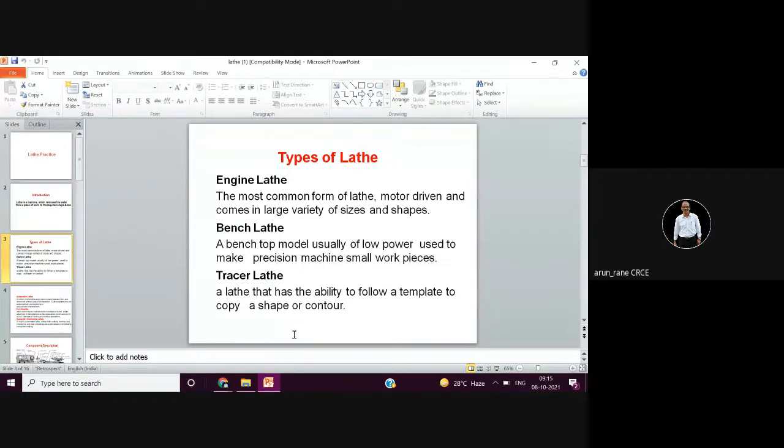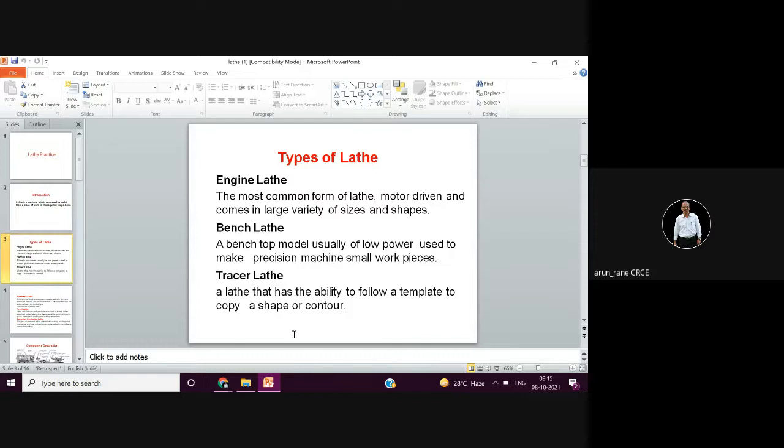Pressure lathes are nothing but the copying lathes. Like I just now gave an example of a key making machine. The key making machine follows a template of your master key and accordingly it produces the next key. So that is what is called the tracer lathe, or it is also called the copying lathe, or the template lathe.